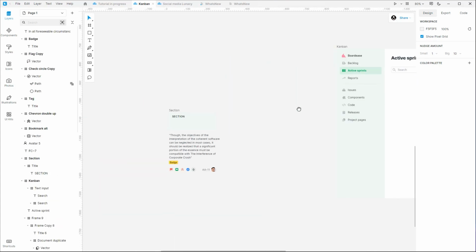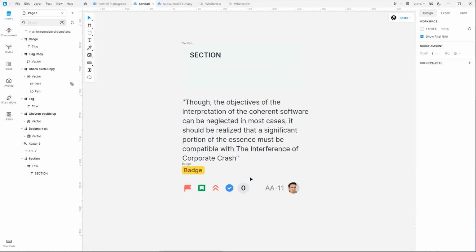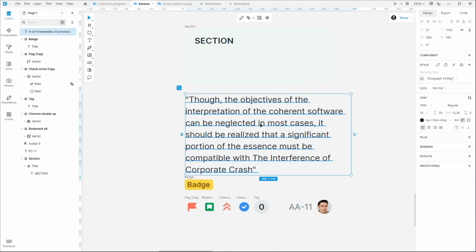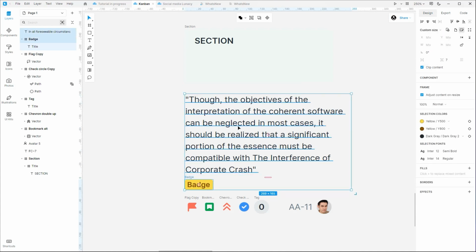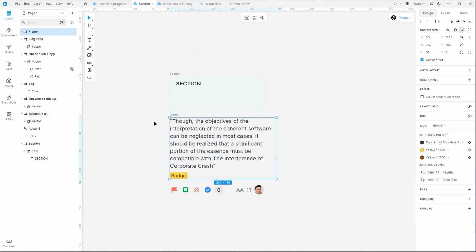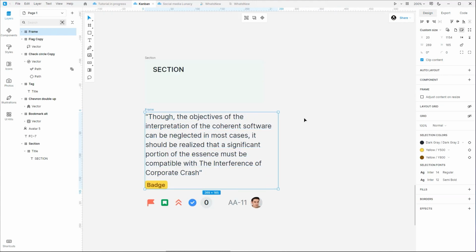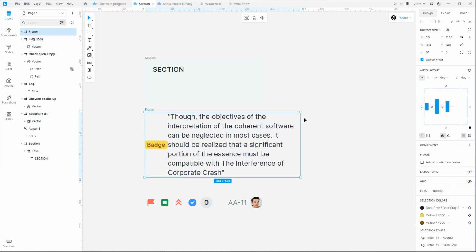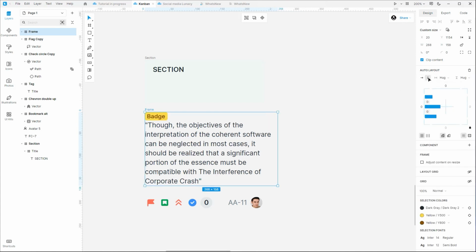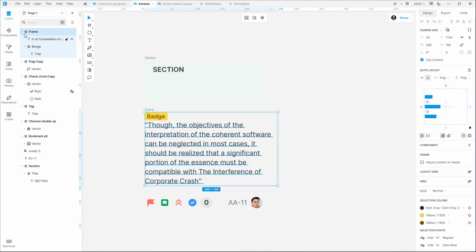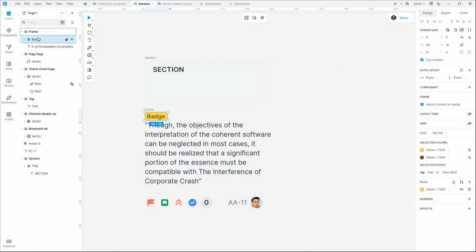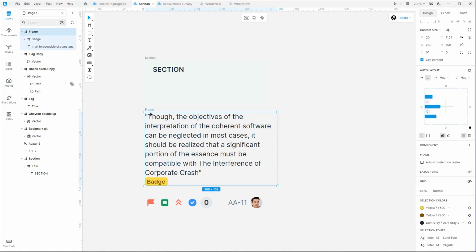Now let's create a card. I select the text and the label and put them in an auto layout. Then I change the layout direction from horizontal to vertical, and flip their positions just like that.